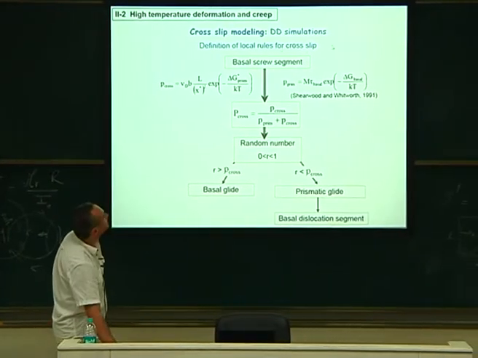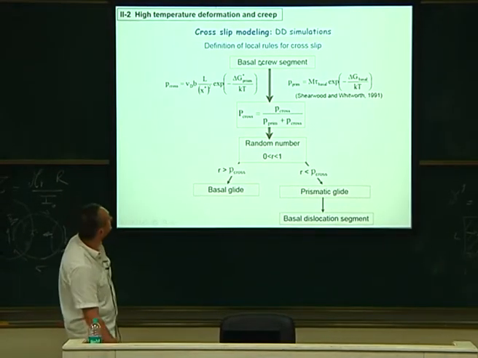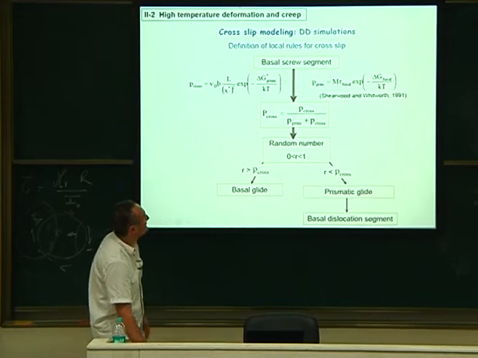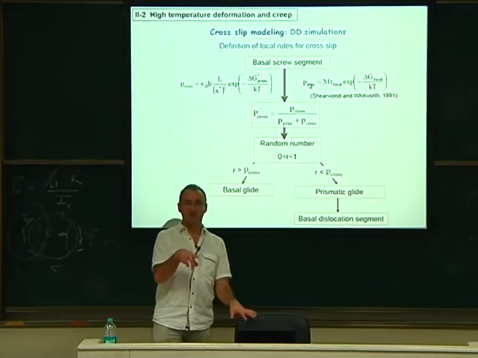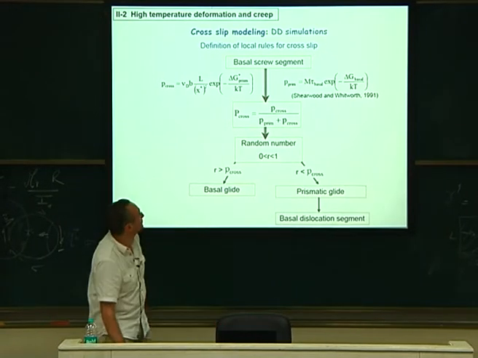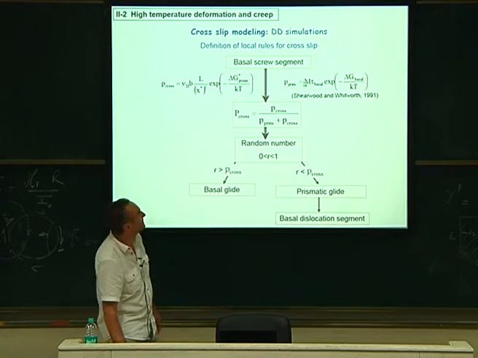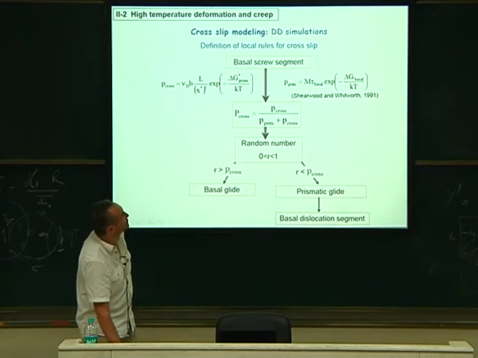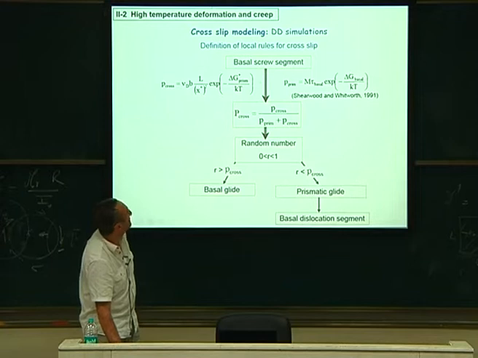We say, okay, you have a dislocation in the basal slip system. Then we will compute two terms. Either the dislocation will stay in the basal, or it will cross-slip into prismatic. There are two probabilities, so we compute the P cross-slip and P primary, like basal. Here it's just due to the activation energy of the basal system, and this is due to the activation energy of the prismatic system. It is thermally activated, the two mechanisms.